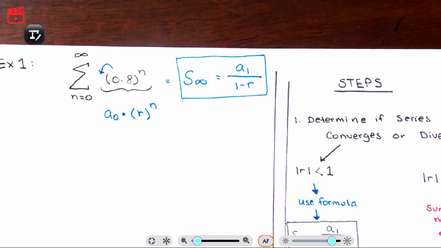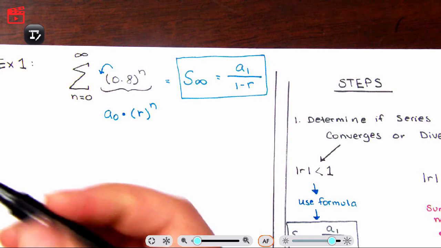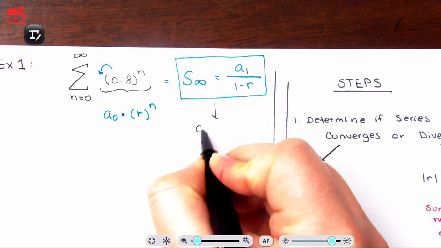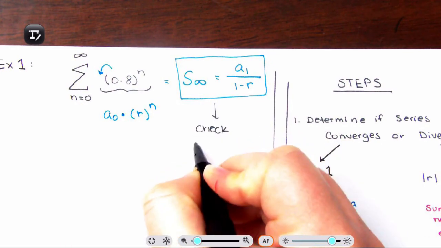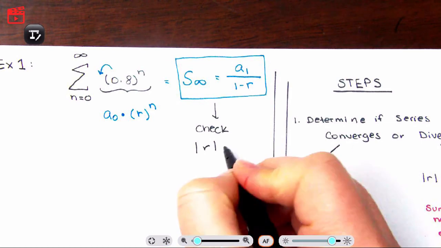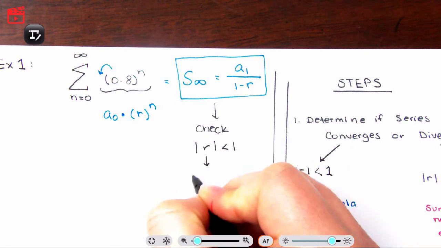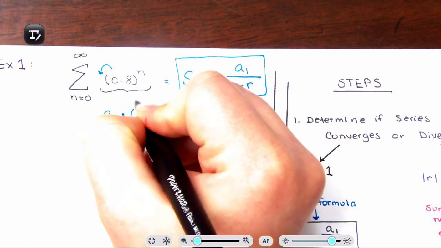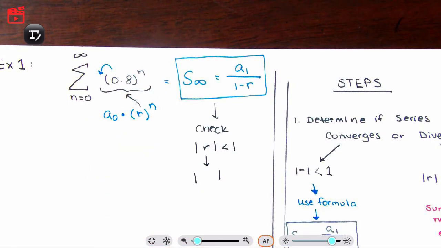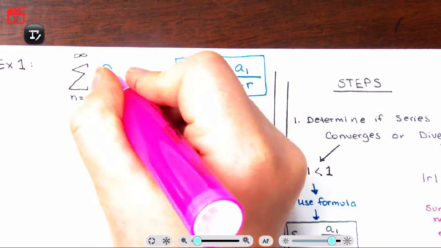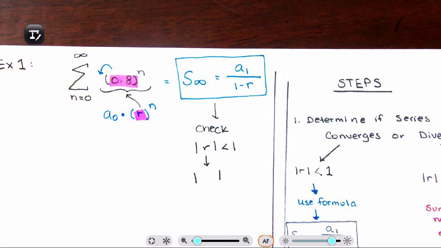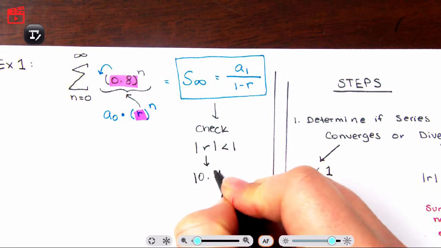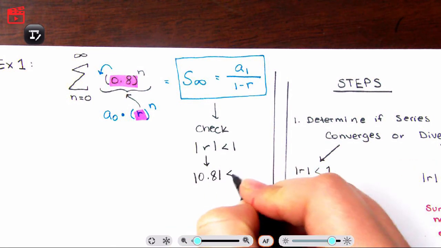The reason I can proceed is because in my head, I did my check. The absolute value of r needs to be less than 1. So my r, right here in my formula, my r is 0.8. 0.8 is in fact